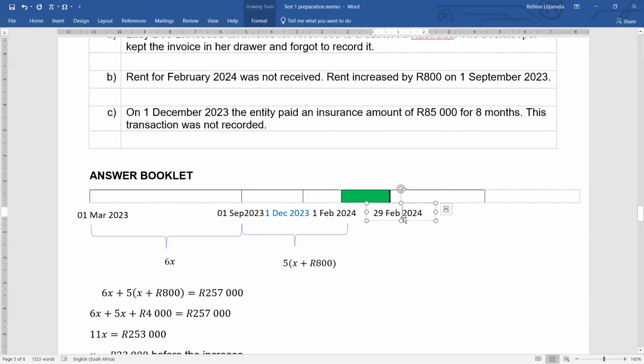And so basically from there until here, okay? And from